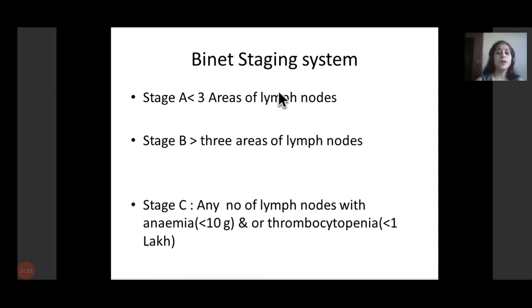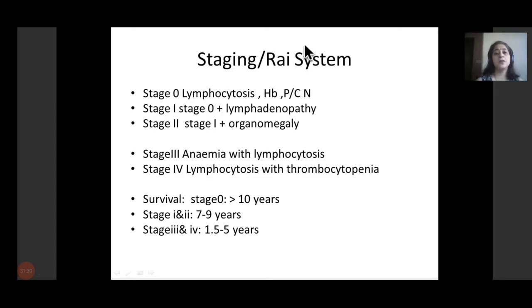Now we talk about the staging system, which is Binet type, and if we talk about the Rai system, this is Dr. Rai, who was one of the pioneer hematologists of India from Kolkata, and he was internationally acclaimed way back in the 50s for hematology, especially hemato-oncology, and he did a lot of work on the